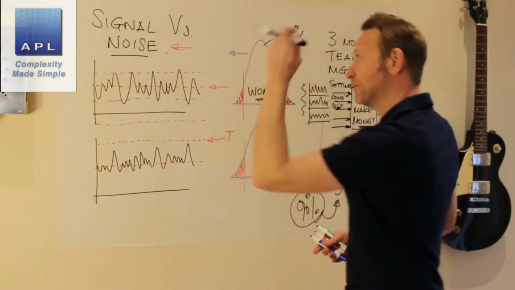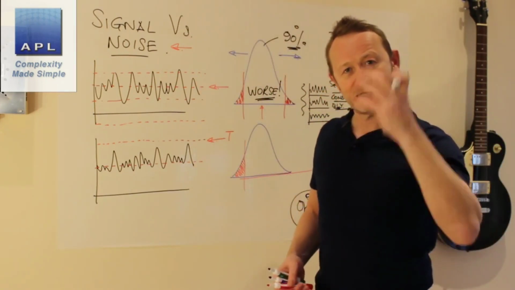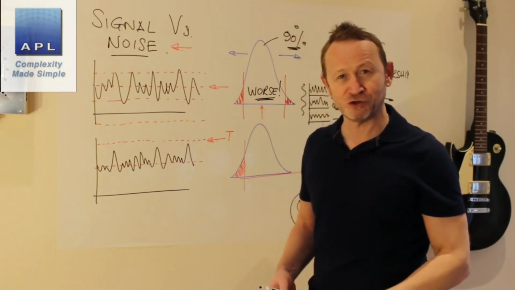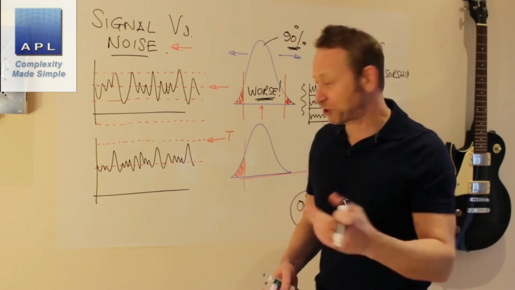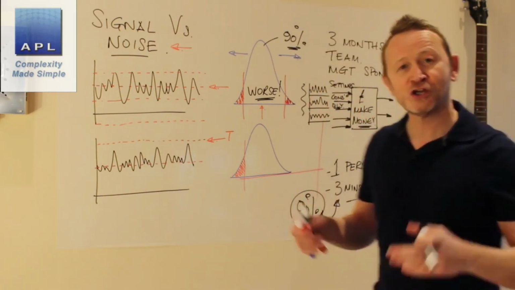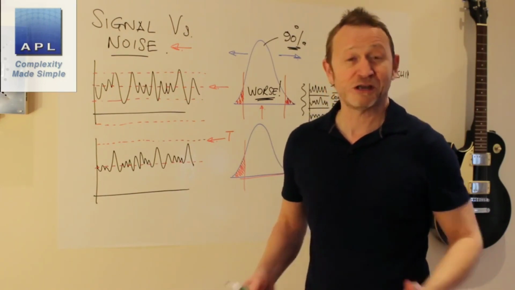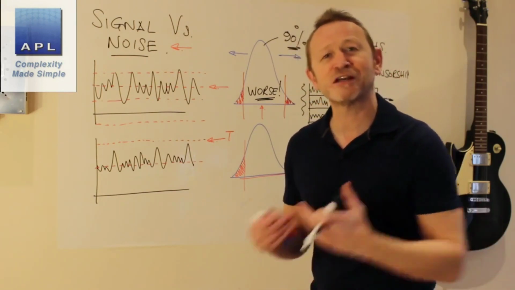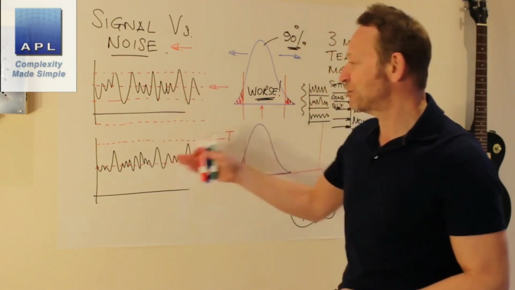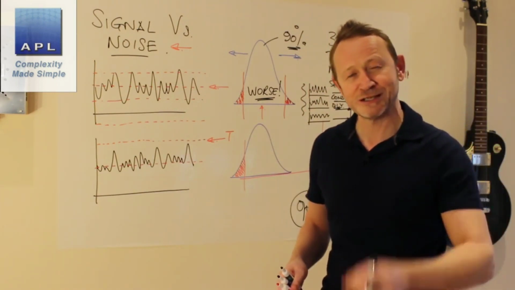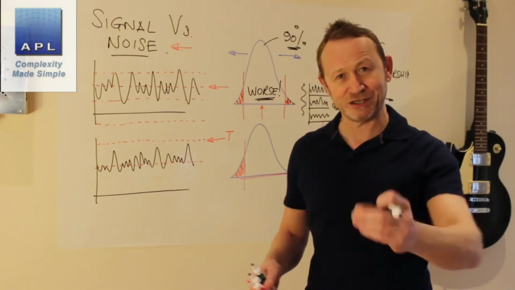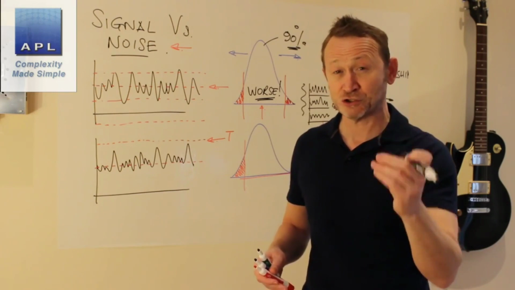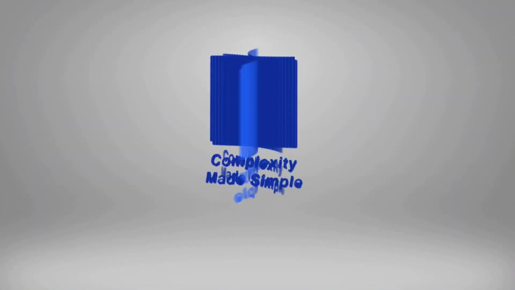You need to know the difference between signal and noise. The operator is in charge of the signal. The management is in charge of the noise. And if you don't know the difference, what you end up doing is lots of this. Your problem disappears maybe for a day or two, but then it keeps coming back. Yeah, and you put lots of effort in and the problem comes back. Why is that? You don't know the difference between signal and noise. Signal and noise. It's the key to true problem solving. Signal versus noise. It's the key to true continuous